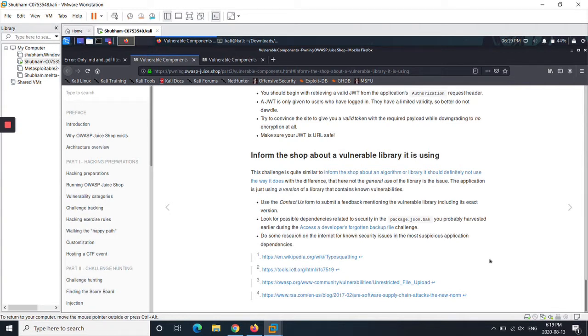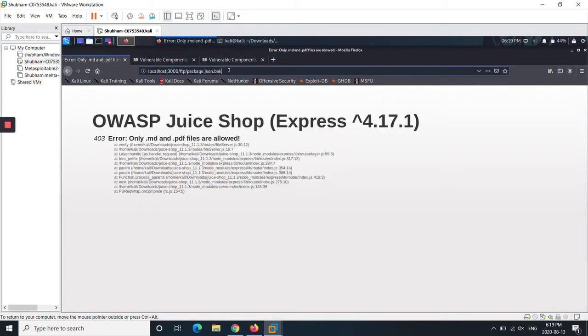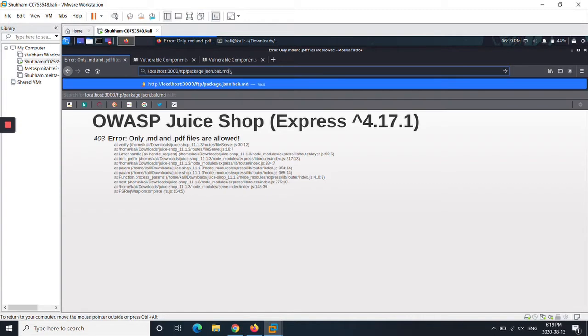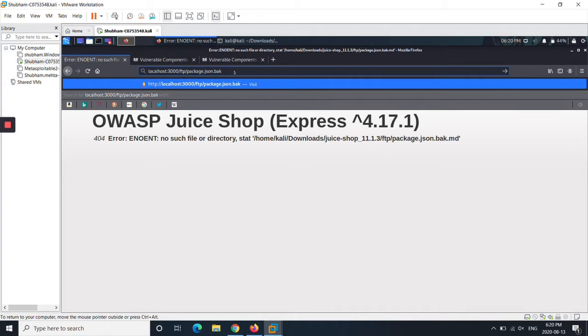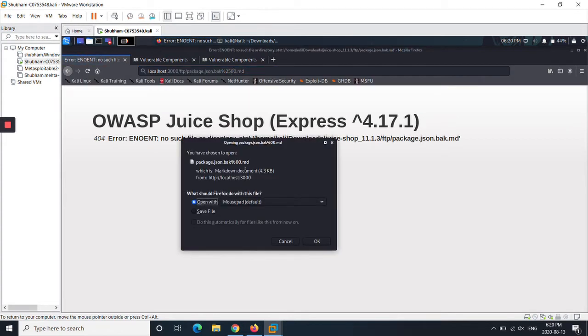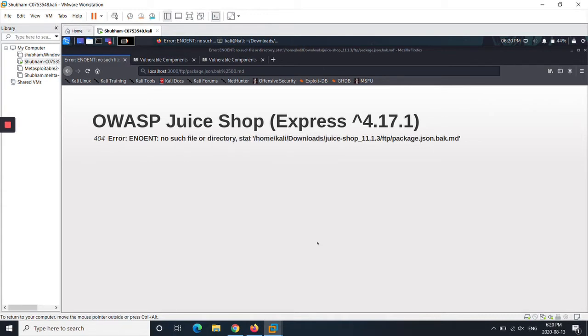In order to open that, I have to mention some things with the .md extension in the URL. So what I did is I went to the URL and tried to put the .md extension and see what happens. Here I didn't find any file with the .md extension. Then in some of the links I also came to know that in order to find that dependency file, I need to write %2500.md. This will directly give me the file that I'm looking for, a markdown document file, in which the dependencies will be directly mentioned, and I have to try those dependencies.